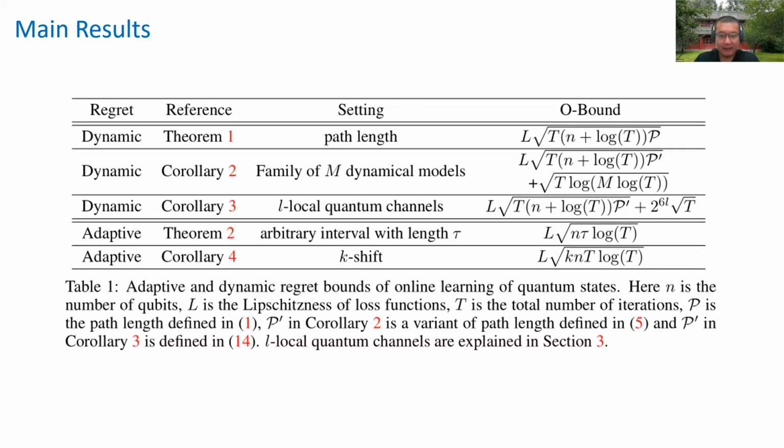So this is the setting, basically the definitions about how we are using online learning tools to study such a learning quantum state problem, and our results in different kinds of models. Due to the limitation of time, I'm probably not going to introduce the detailed techniques, but I can still give you some intuitions. For that, a very standard technique in online learning is called follow the leader. What do I mean by that?